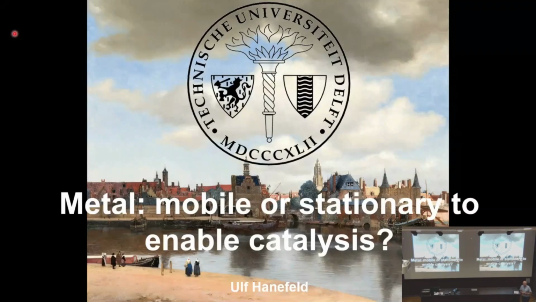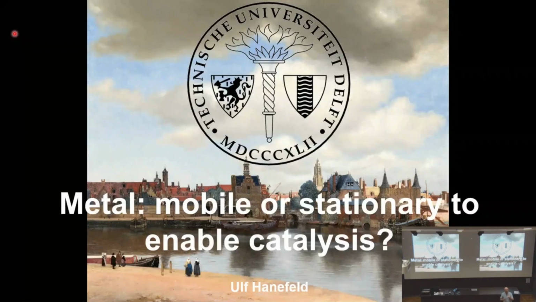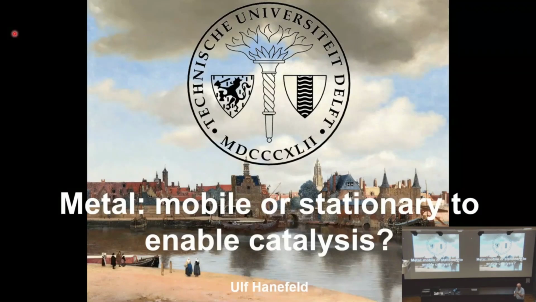So today I'd like to have a look at metals, and then metals in enzymes, so metalloenzymes. And I would like to address the fact whether they are actually mobile or stationary. And commonly we look at a metal as something fixed, and then everything else is happening around it, just like we often do in life. We are fixed, the rest is moving around us, or the sun is fixed, the rest is moving around us. So what about the metal? Is it really fixed? How does it move around?